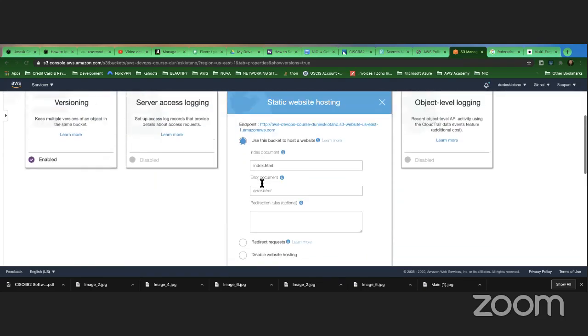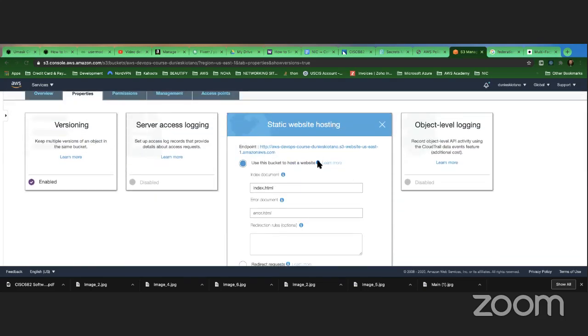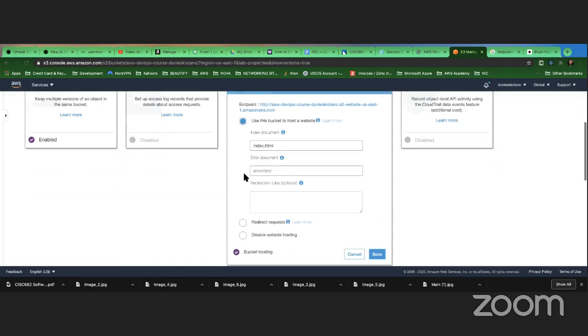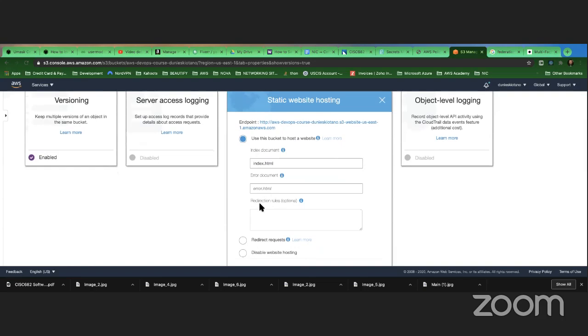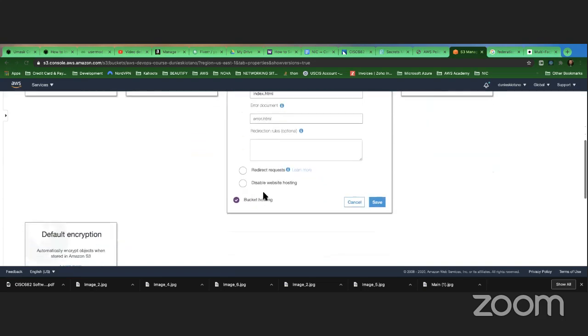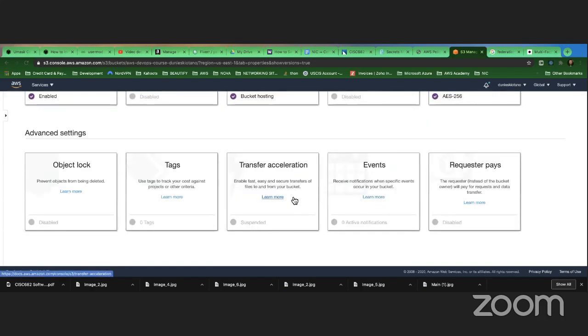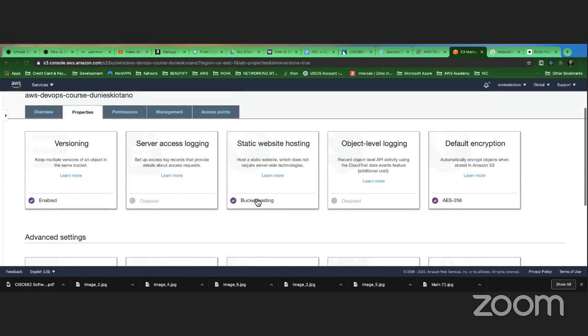Okay. You may have to do some work around here to be able to make it work. I had to create another bucket and then redirect from one to the other to make it work. But you can Google that, and that's going to be a piece of cake. But this is what you enable to host a static website. And it doesn't require server-side technology. It will be done by AWS, all of that. I firmly recommend it.